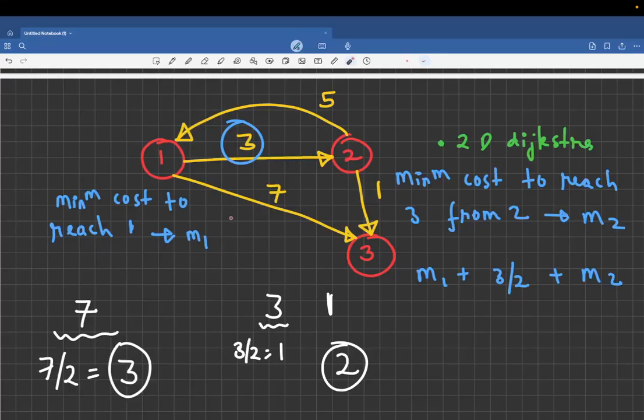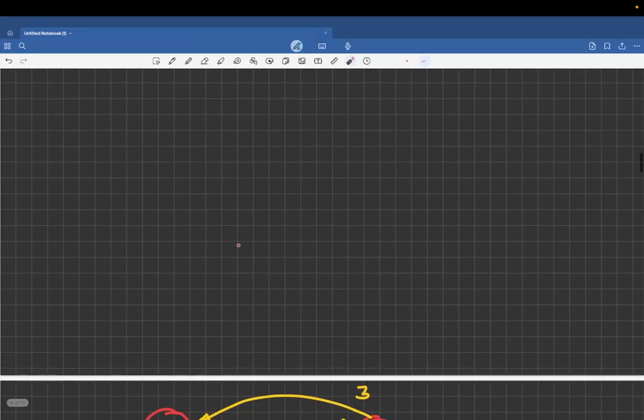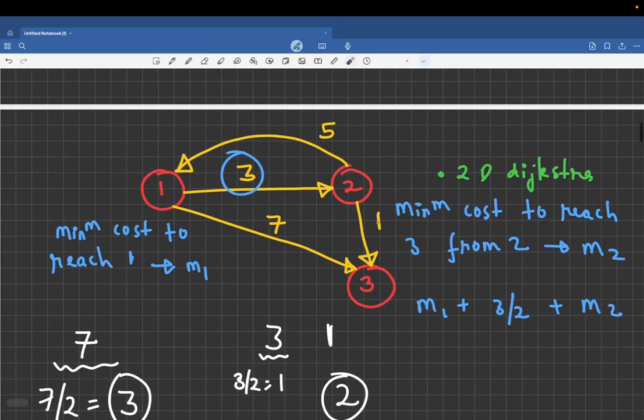Okay, there is an interesting thing that comes into play. You will reverse the edges of the graph. Tell me one thing. These are the values, right? If I say the minimum cost to reach from city 2 to city 3 is, let's suppose, 1, then can't I say the cost to reach from city 3 to city 2 is also 1 if I reverse the edges?